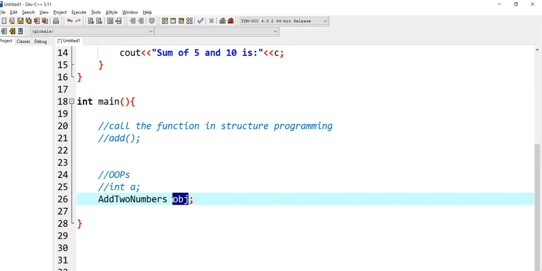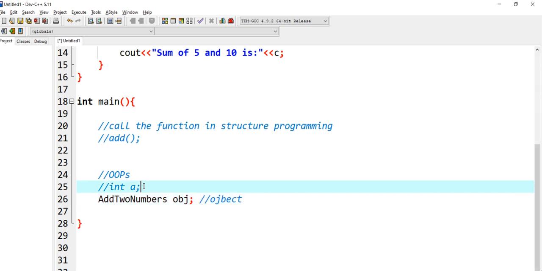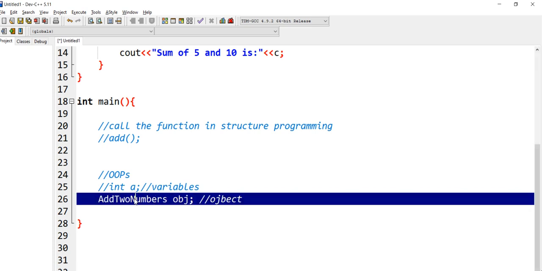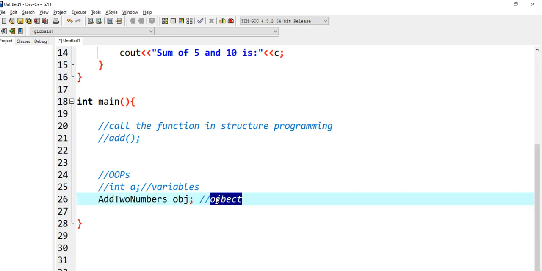Whenever we declare a variable of any class, it is not termed a variable. Now it will be termed an object, a new name for this. If I declare a simple variable of any inbuilt data type like integer or string, it is termed a variable. But a variable of any class is termed an object.